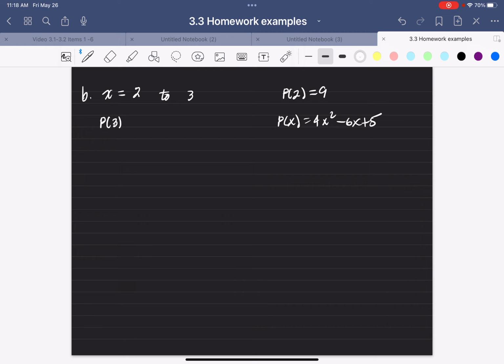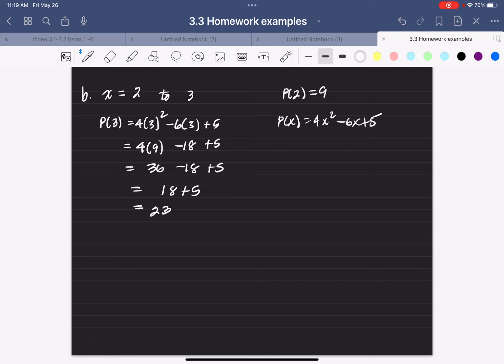So the profit at 3 is 4 times 3 squared minus 6 times 3 plus 5, which is 4 times 9 minus 18 plus 5. 36 minus 18 is 18, plus 5 is